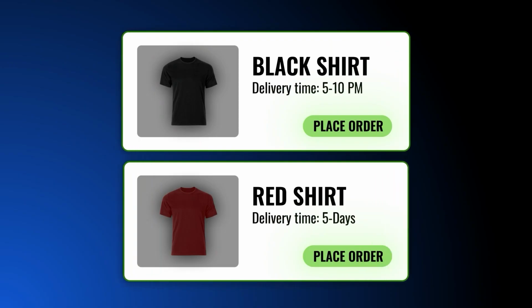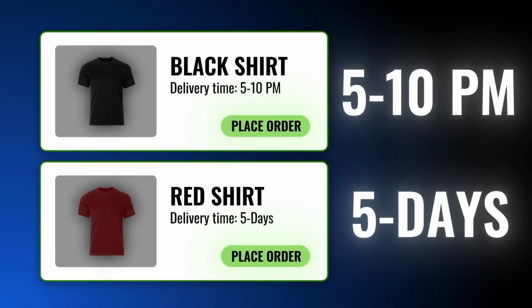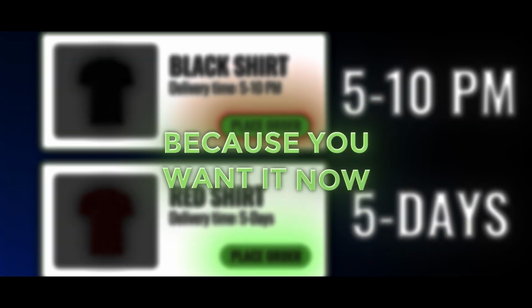How many times have you been on Amazon, if you're a Prime member, and you look at something and you see 2 items. One can be delivered today between 5 and 10 p.m. and one is delivered in 5 days. You're most likely, even if it's more money, going to buy the one that can be delivered today because you want it now. Now, that's a really important feature, and in digital products, that's actually inherent,